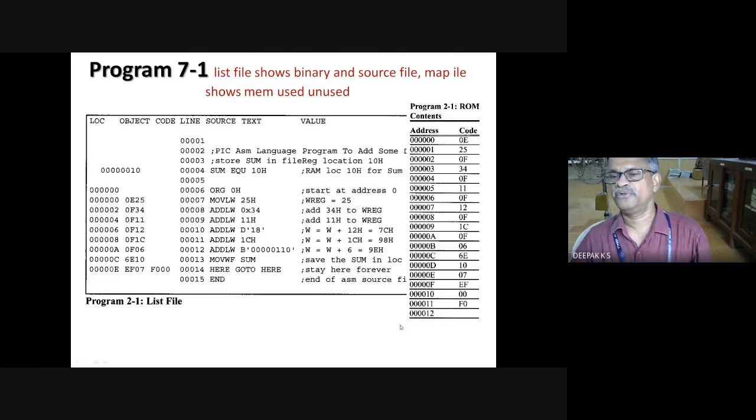Okay, so finally you get this one, starting from a location which is 000, wherein you have this 0E and 25. So whether you should put 0E in the first address, because each location is 1 byte. So these are 2 bytes, a 2-byte instruction. We'll come to that. Only 1 byte can be put in one address. Then in the next address you should put the next byte. So which one to put? Whether you should put this higher byte in the 0 address or this 25 in the 0 address is